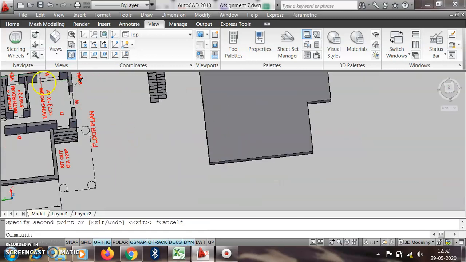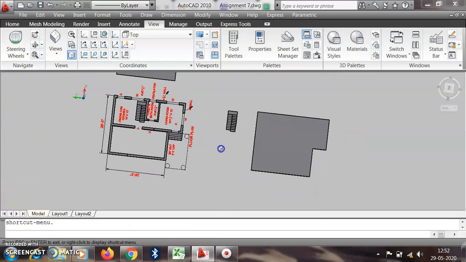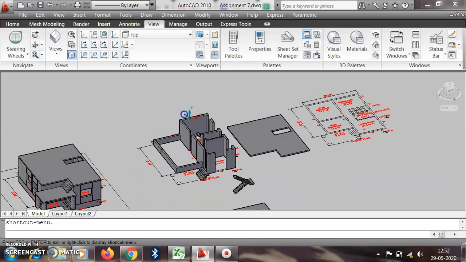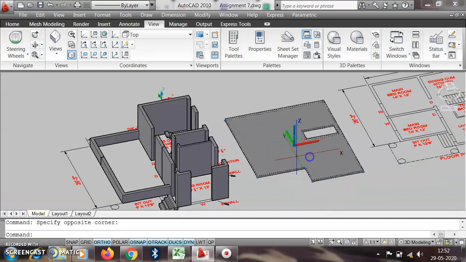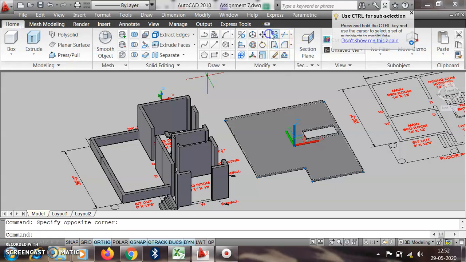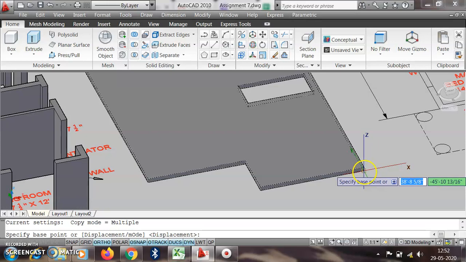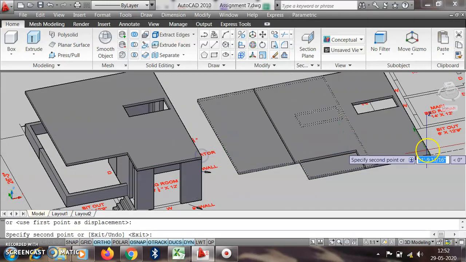And then we have to copy this slab also, take this slab and copy it from here, so copy this slab at this bottom corner and place this slab at this point.